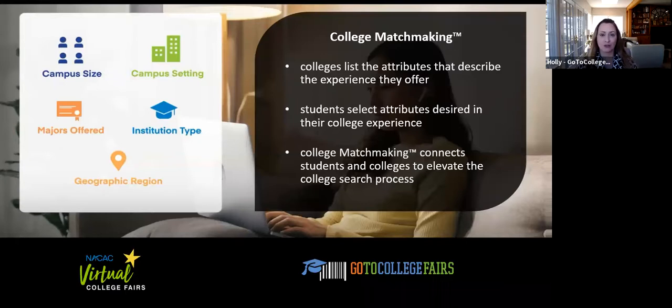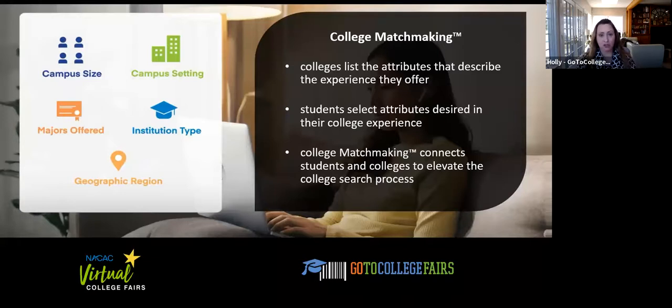And you as colleges, and those of us in higher ed, are going to recognize that these 5 attributes are directly correlated with fit and retention. And we did that on purpose. Of course, it's very early in the college search process, and fit and retention are words we use later in enrollment and retention numbers. But it's important for us to help students start to think that way, even this early in the search process. And we don't have data on it, but we believe that this is going to help with your fit and retention, because students are really going to see the attributes that you are hosting at your campus and be able to make a really informed decision.